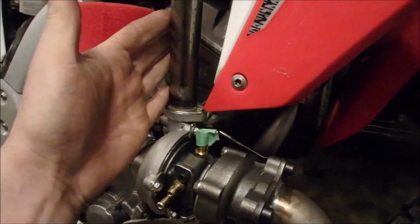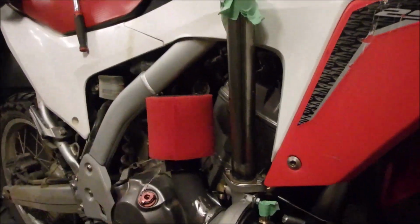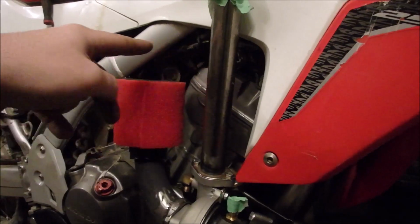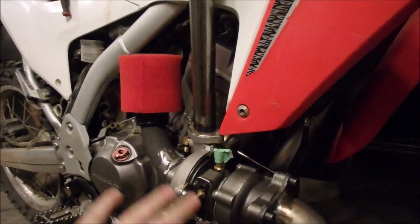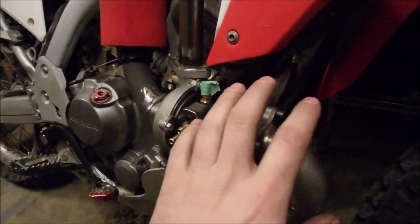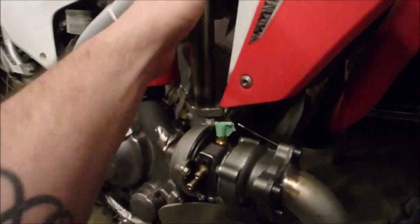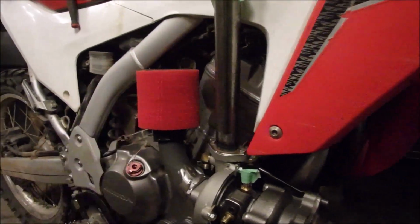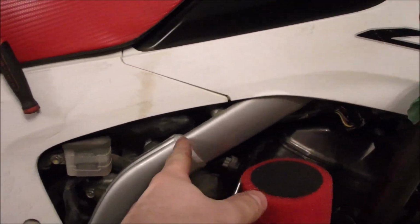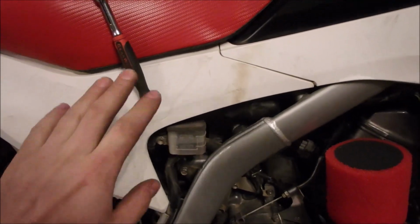This piece I had done before, but it's just on here now so I could kind of visualize where I want it to go. I'm going to cut it off here somewhere and put a silicone 90 on it. You have to have a flexible joint somewhere in here. Exhaust pipes heating up and expanding, contracting, that sort of thing. There's going to be some movement. The engine vibrates. So silicone joiner here, and then I'll run it over top of the air filter along here through this panel for sure,